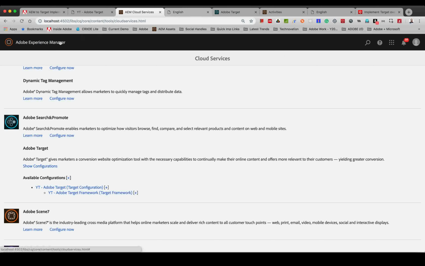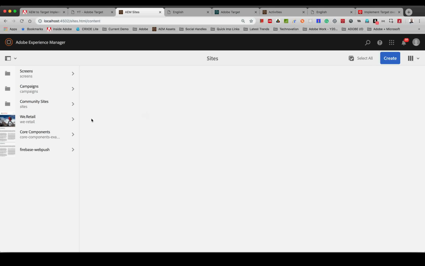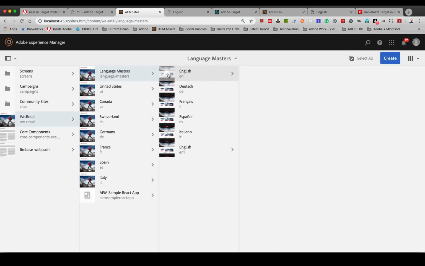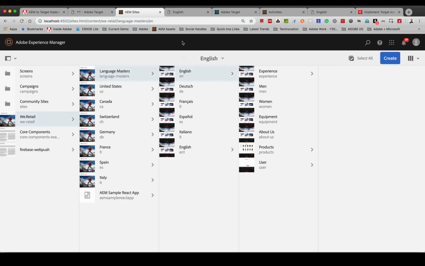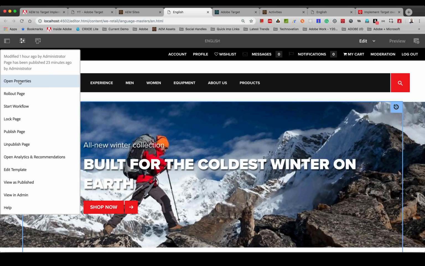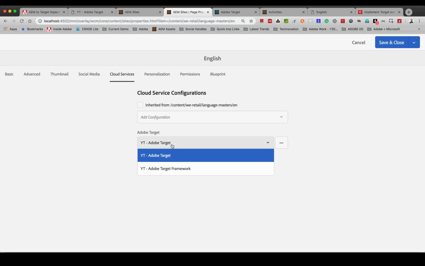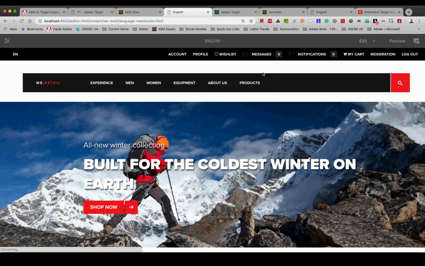Now for this demo I will be using vdetail as a reference site. This is my home page that I have targeted, and this is my local environment. You can go to the properties, go to the cloud configurations and select Adobe Target, and you just need to select the configuration that you created. I created Adobe Target. Once you have configured your page with the cloud configuration,